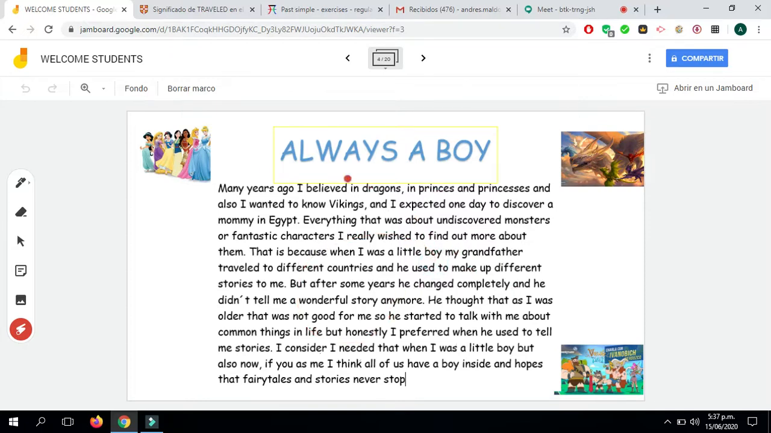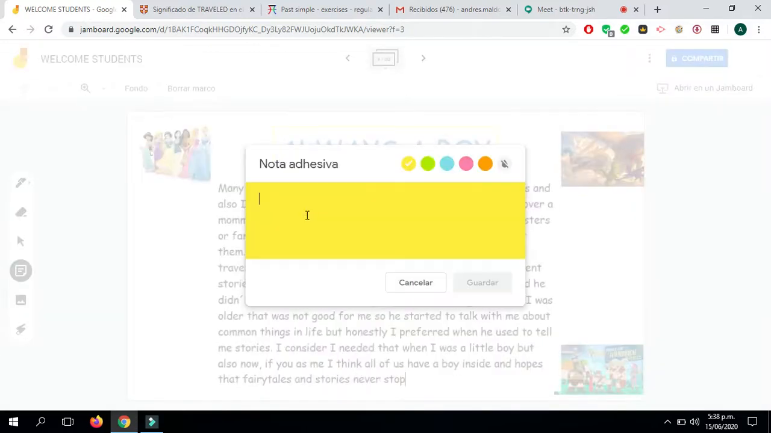Okay. So guys, I want you to analyze this. As you can see, this is a text in past tense. You can find this kind of verbs that go with ed: wanted, believed, expected, traveled, used, changed. As you can see, all of these verbs, each one has ed. What does it mean? These verbs that have ed, the conjugation of these verbs is in past tense, and these verbs are called